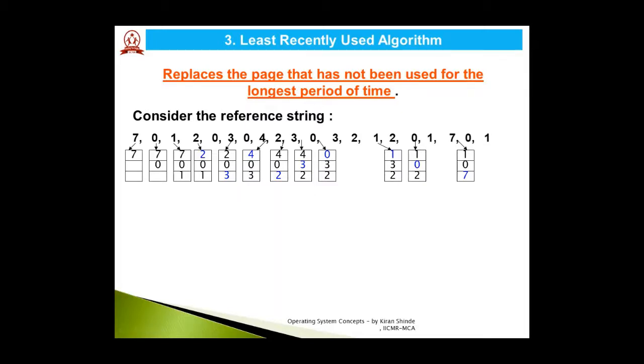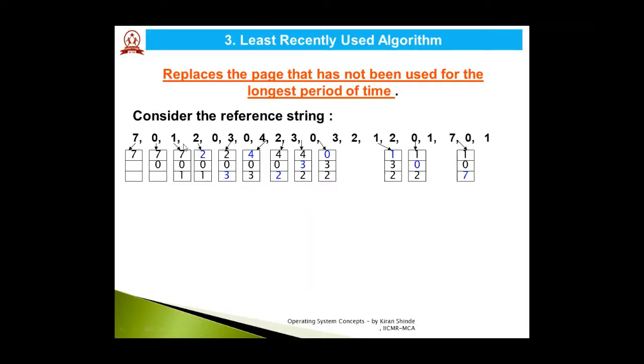page replacement. So for the first 3 frames, the 3 page numbers are already brought into the physical memory, or the system memory. Talking about the 4th page, that is page 2, which should be the victim page? Now, out of the 7, 0, 1, we need to compare and find out which page has not been used for the longest period of time. मतलब ऐसा कौन सा पेज है 701 में से कि जो बहुत पहले यूज हो चुका है, बहुत पहले उसका यूज हो चुका है या फिर वो मेमोरी में आ चुका है, राइट?